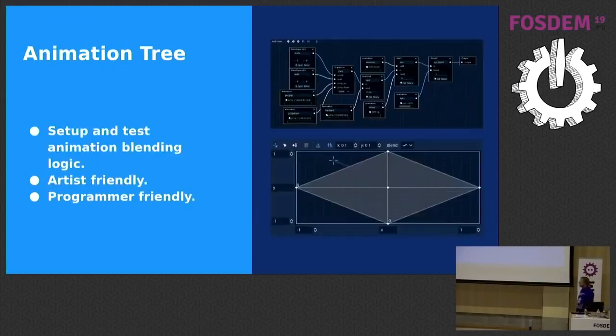So this is the animation tree. Godot 3, actually this is Godot 3.1, which is coming soon, has an animation tree, which means you can create all the animation interactions like state machines, changing states, and blend spaces. This is very common in modern game engines. It allows the animator to test all the interactions, all the transitions, and all the blendings manually from a UI. And then the programmer can take this tree and use it from the code, like changing state from walking to jumping to anything. So animation trees are very programmer-friendly to communicate between the animator and the programmer and make sure everything works as intended.